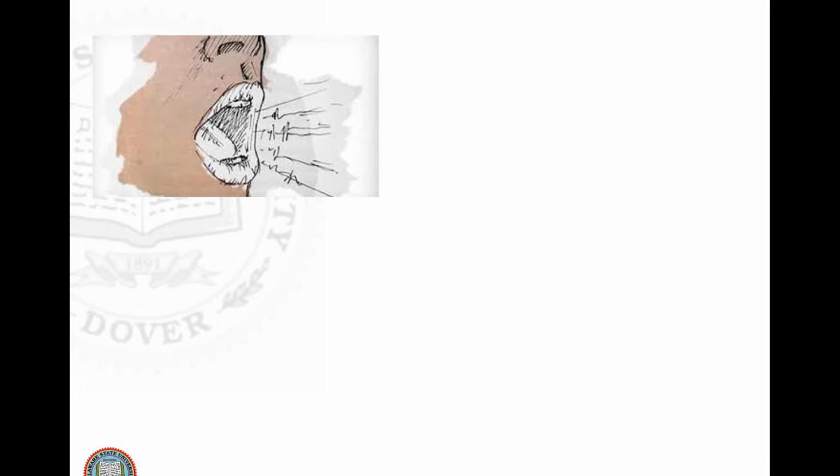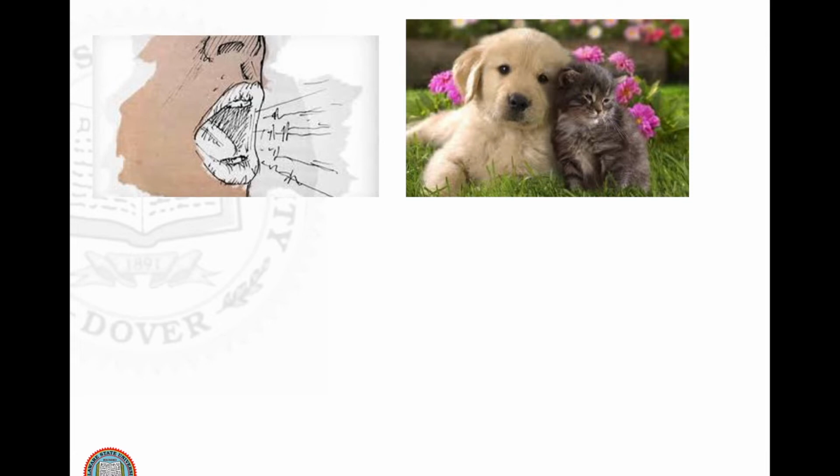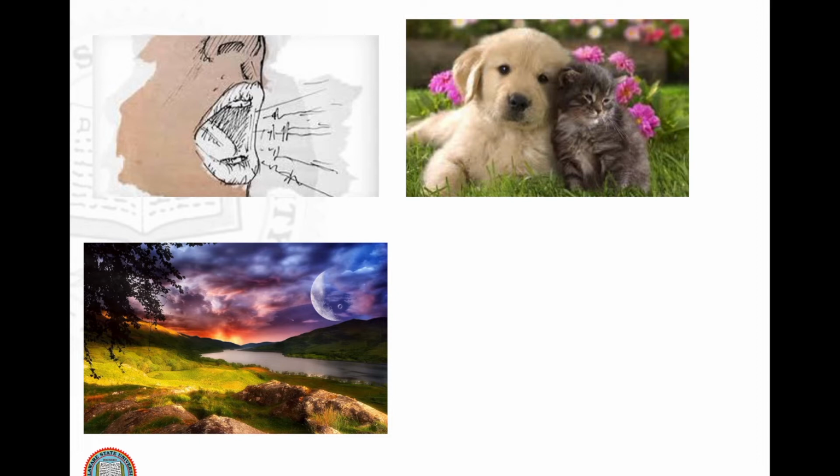Now suppose if I were to mention to you something like nice and warm, fuzzy, cute, right? You might think of this picture, these fluffy little puppy and kitten sitting in the grass, snuggling together. It's nice and warm and fluffy. Let's say I mentioned the word a nice, beautiful, cool summer evening, right? You might conjure up this picture in your mind, and I know that's a pretty huge moon, but nonetheless, you